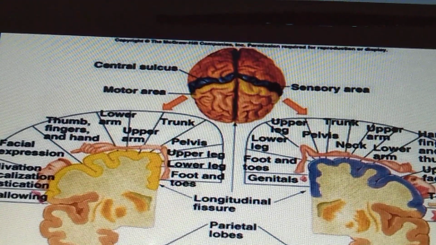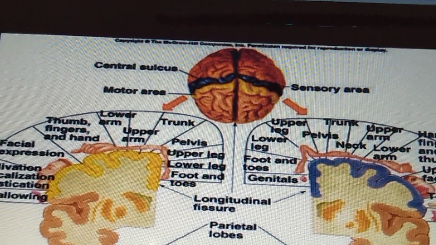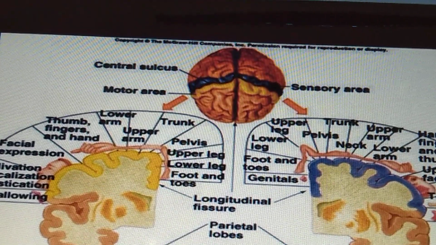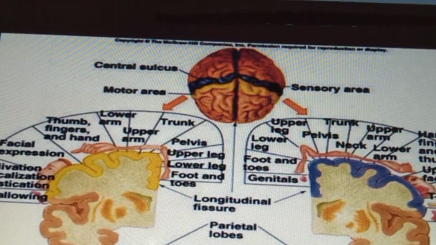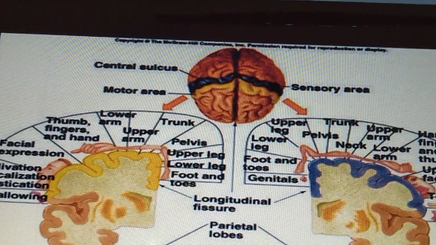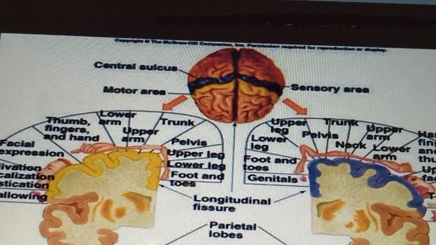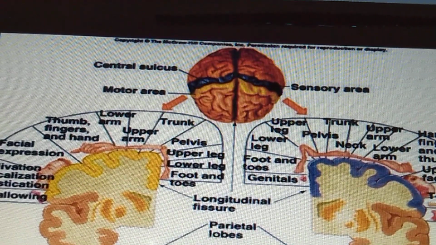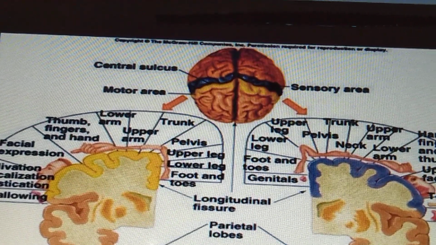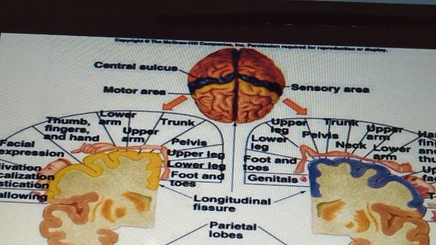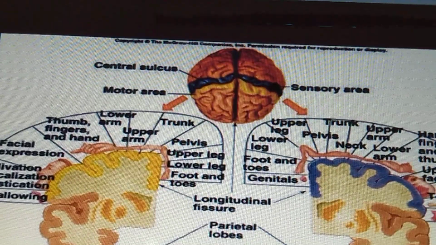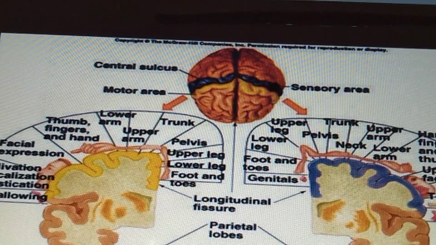The ventral posterior nucleus of the thalamus is the main source of the afferent fibers for the sensory area. This thalamic nucleus is the site of termination of all the fibers of the medial lemniscus. Most of the fibers of the spinothalamic and the trigeminothalamic tracts, carrying the fibers for the cutaneous sensibility, end in the anterior part of the area, and those for the deep sensibility end in the posterior part.